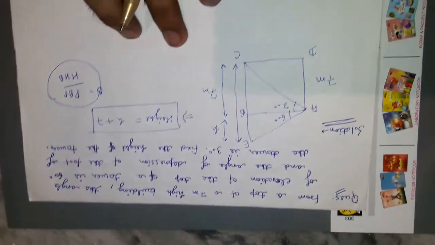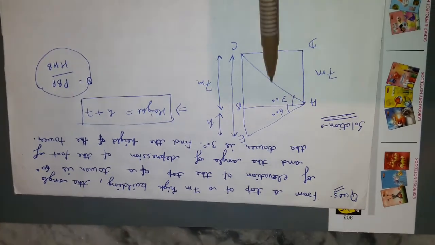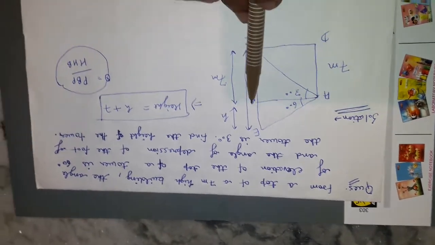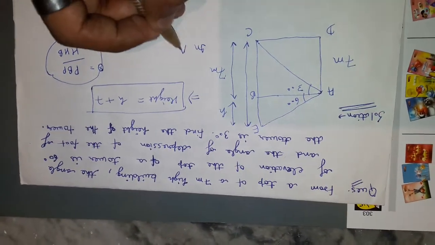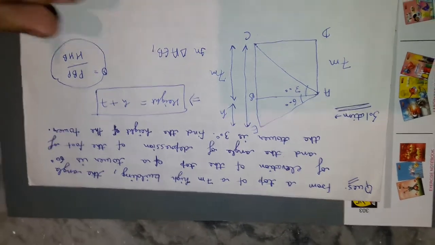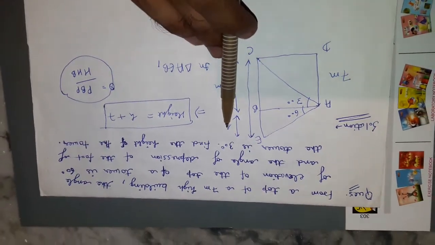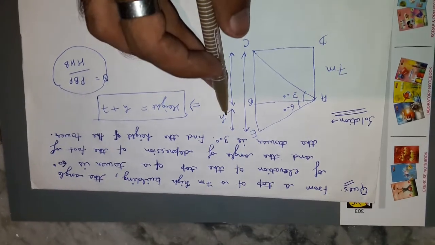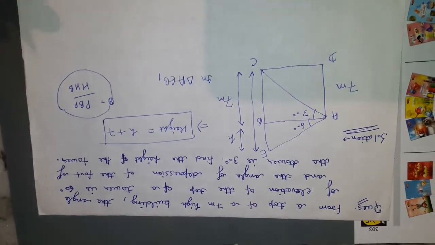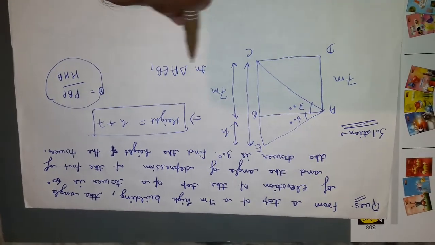What we have to do is use two triangles. First of all, in triangle AEB. Basically we have to find this height, so we are solving this for the height so that we can find the height of the tower. So in the triangle AEB.